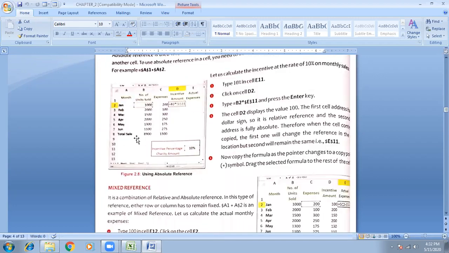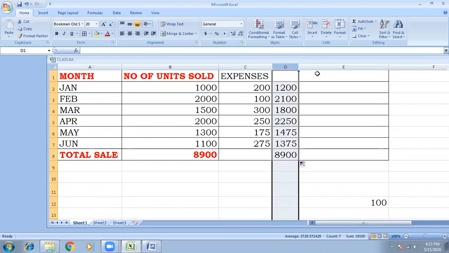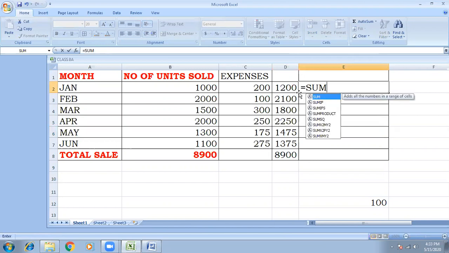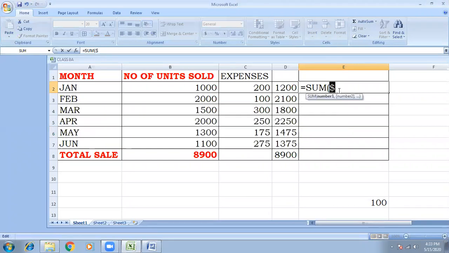For this purpose, you can type 100 here. I will not show it with this example; I will show another example. Look here, I close this. This is the relative reference, and here I will show the absolute reference. I write equal to SUM, then bracket, dollar B dollar 2.